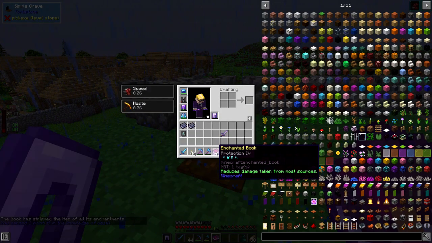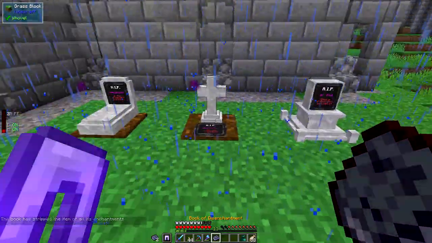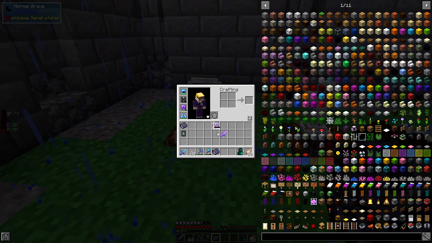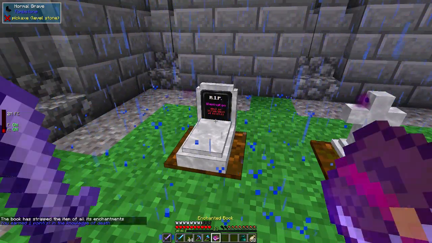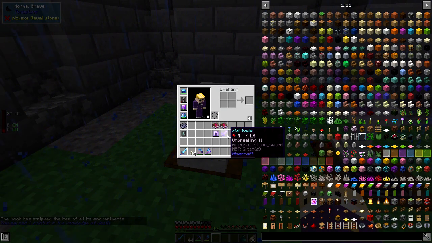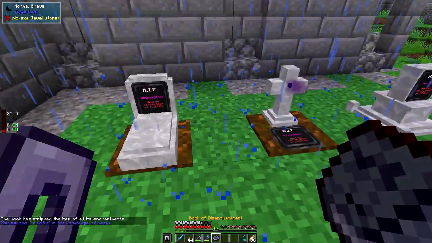Yes, it can. So we've got the protection 4 off it. Still got unbreaking. Okay, so I can do the same thing again to get unbreaking. Oh, which way around did it go? It was protection, then unbreaking, wasn't it? This one's sharpness, then unbreaking. Let's see if we can do sharpness. So now we've got sharpness 3, yeah. So sharpness and unbreaking was the thing. That's good. Okay, and now if we do this on this final grave,